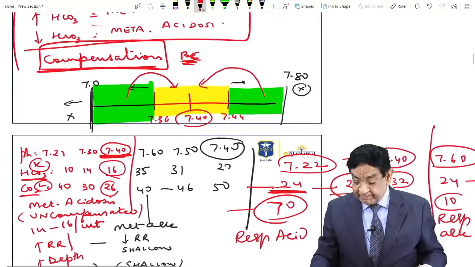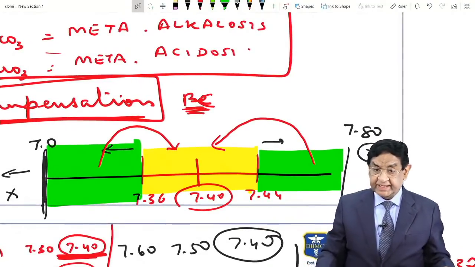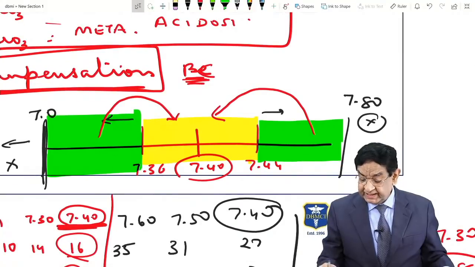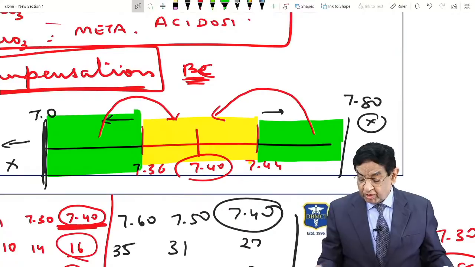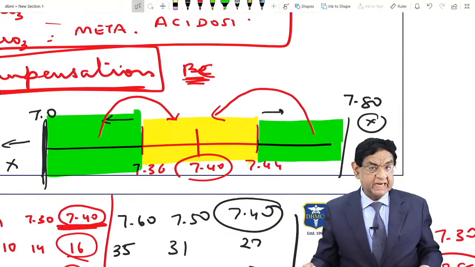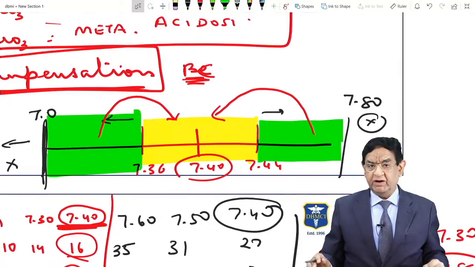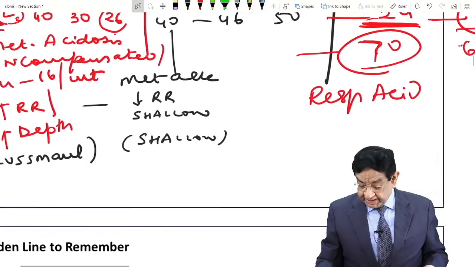So now you have learned the basic concept. But now again we come back. What I told you is that the disturbance can occur in either way, and finally the body has a mechanism by which pH is brought to the normal range. That is compensation. This is just to explain to you the meaning of actual compensation, right? With this background,